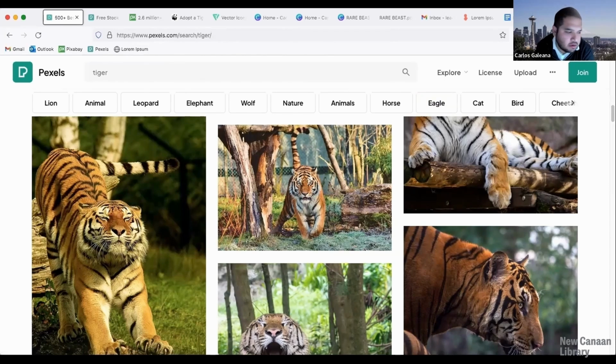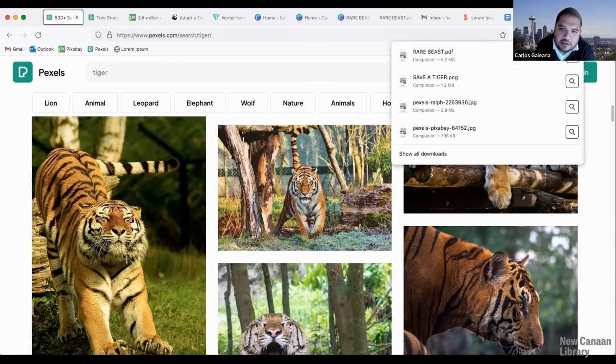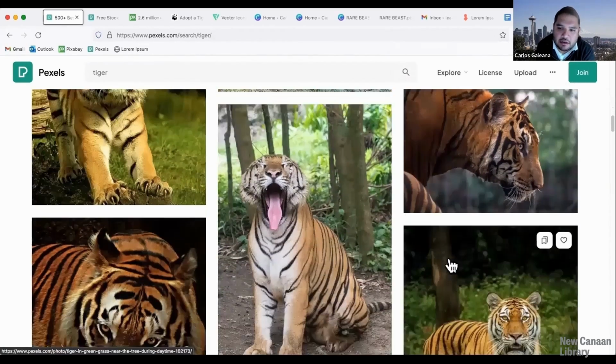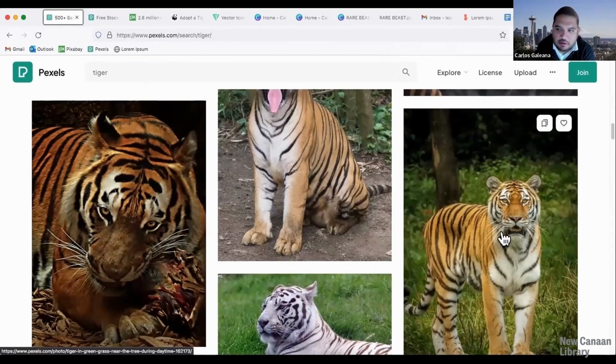It might also be in your browser. So if you go to the little browser section, sometimes there's this little arrow, and it shows you everything you have downloaded. In this case, I'm using Firefox. You could use another browser, and it gives you a little indicator where it is. But I would suggest just going back to Pexels and doing it again, downloading it, just making sure that you can always do that again.